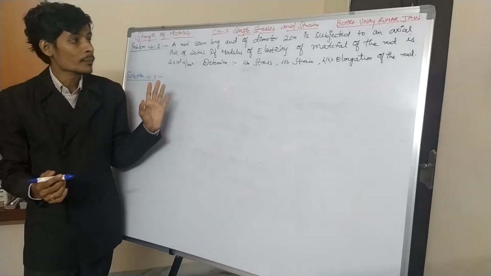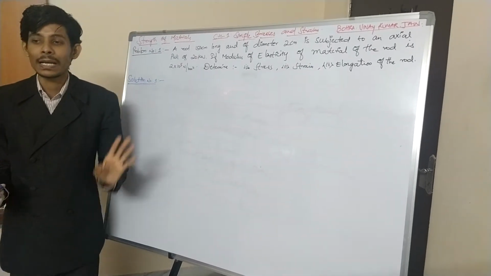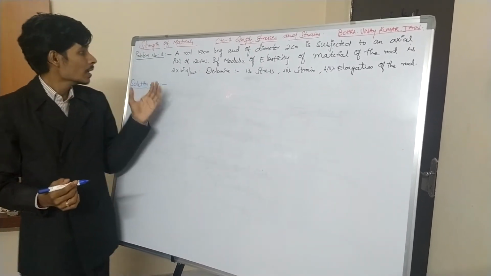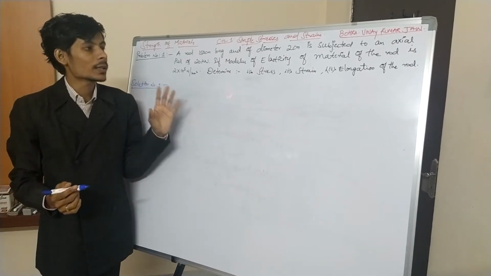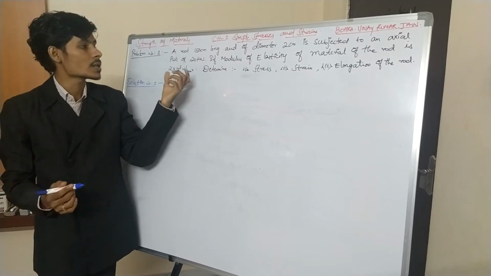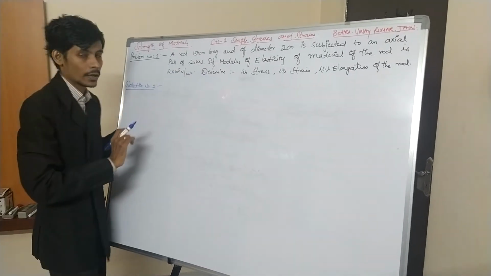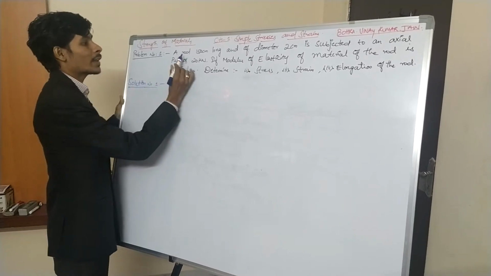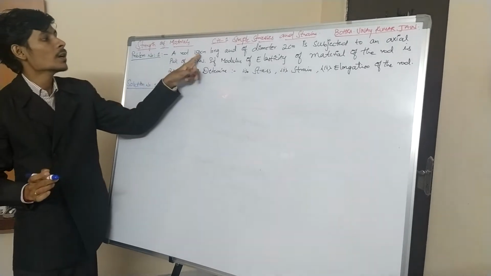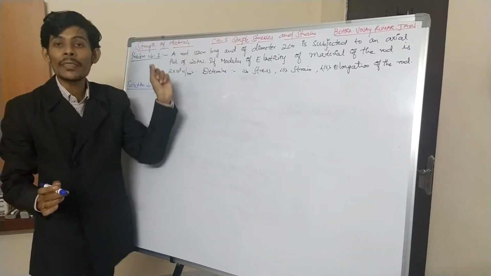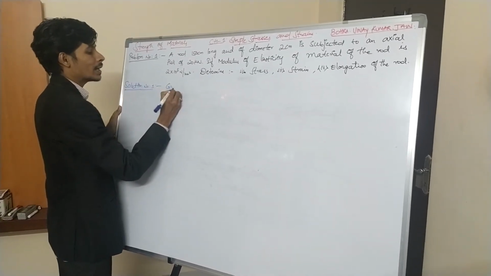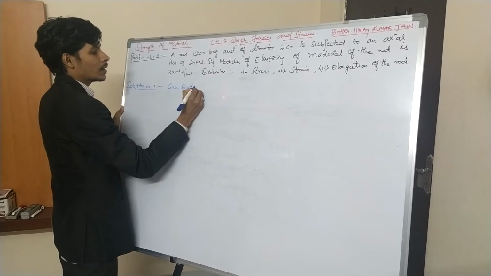Before starting the problem, first try to understand the problem in a clear manner. That is the basic concept behind every problem. Generally the problem solving method is very simple. First understand the question thoroughly so that you can solve within a fraction of minutes. Now problem number 1, a rod of 150 centimeter long. What you have understood from here is that 150 centimeter is the length of the rod. So directly note down, in solution number 1, in the given data, first write down the given data.